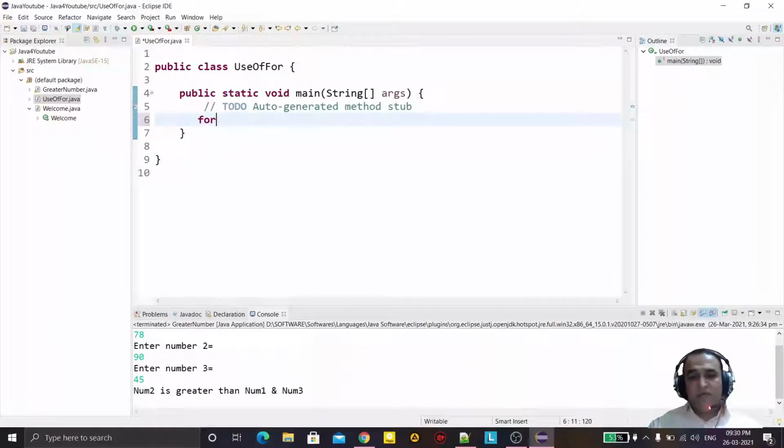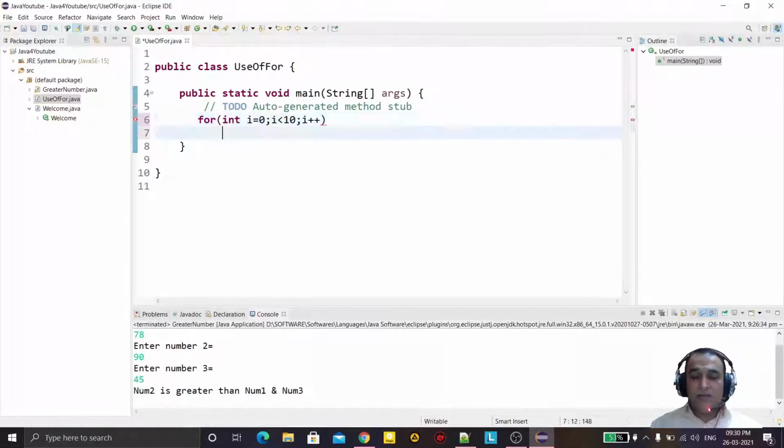Like this, I have a for here. I declare the variable here, i equal to 0. That is the first part, called initialization. Then the second part is the condition. I say I have to run this loop until the value of i is less than 10. And the last one is the increment and decrement portion.